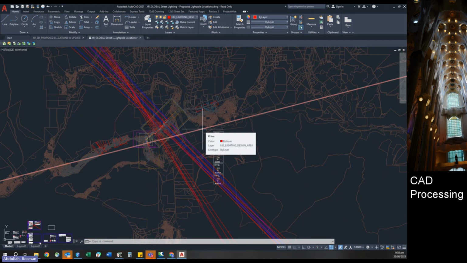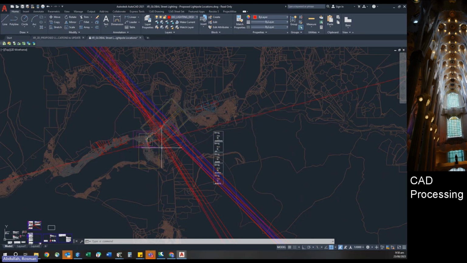So what he does with them is position them where he needs, rotate them, select a type from a drop-down menu,